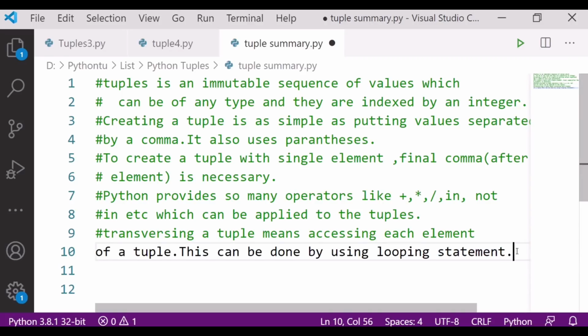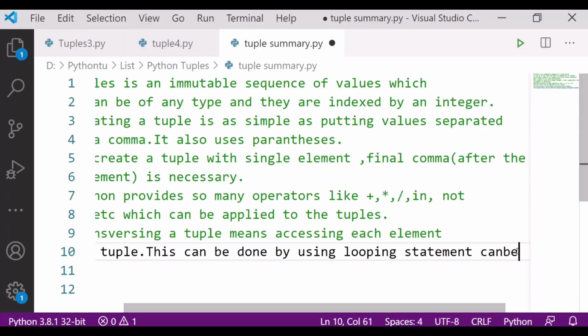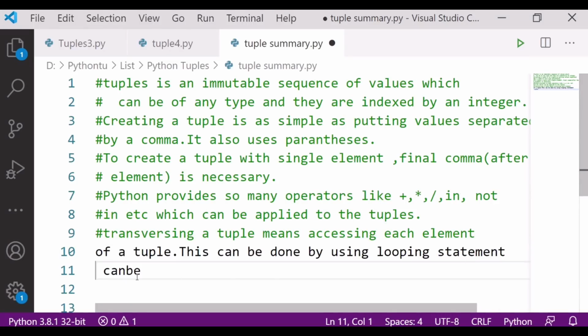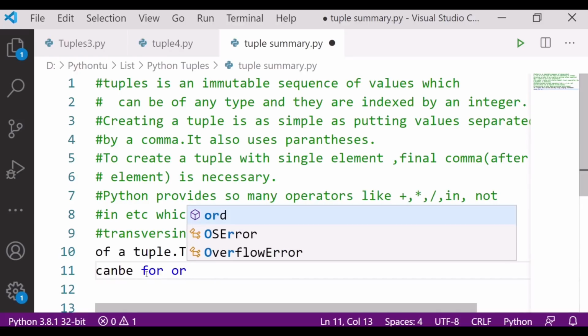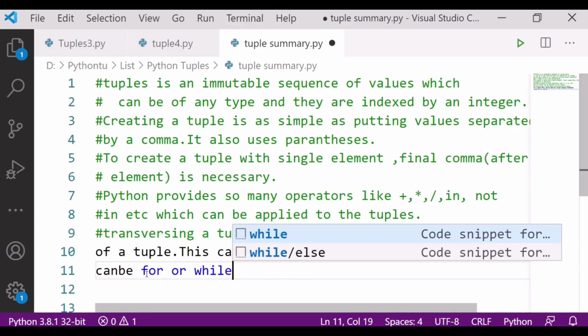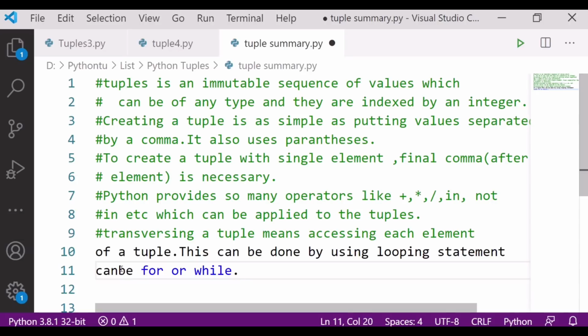Looping can be a for loop or a while loop, that depends on you, whichever type of loop you use.